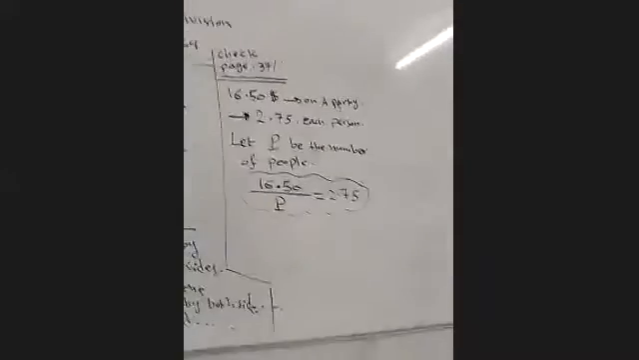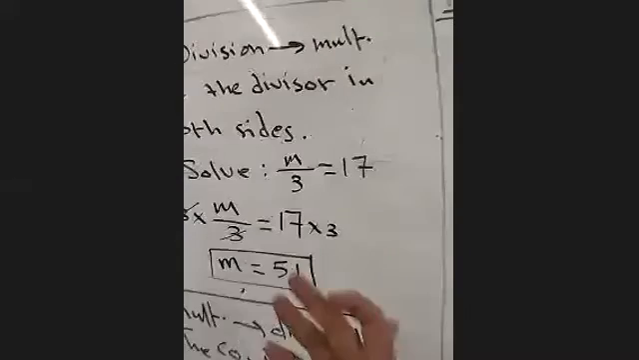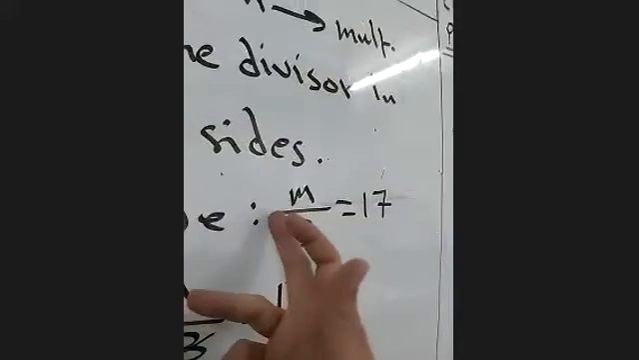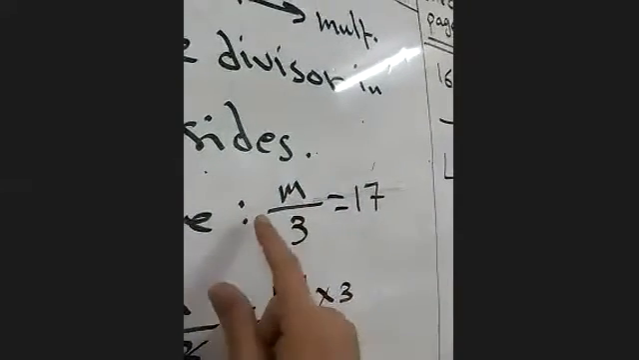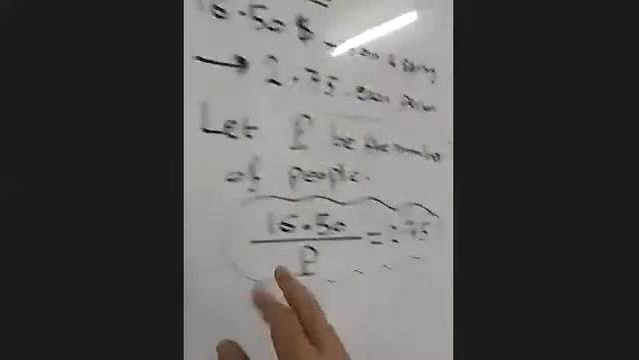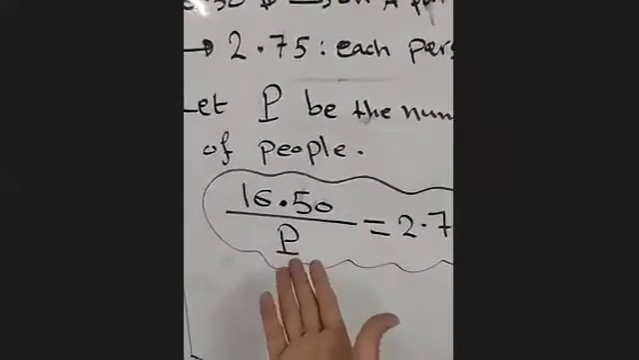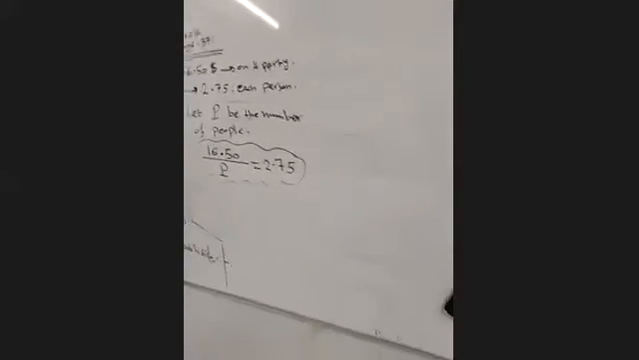Now, let's solve this equation. To solve this equation, guys, the variable should be up. The variable should be in the numerator. To multiply both sides by 3, the variable should be on the numerator. But here the variable is in the denominator. So what we will do, guys, remember this thing,